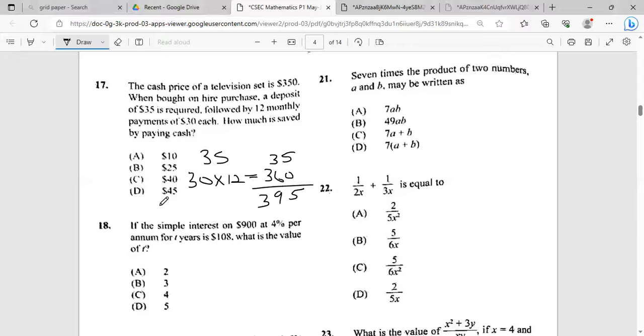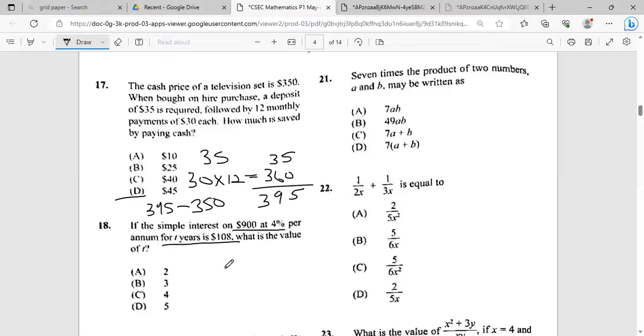So it will be 395, subtract the 350. So you see, guys, step by step, I do it now. So that works out to 45. So that's D. And if the simple interest on $900 at 4% per annum is 108,